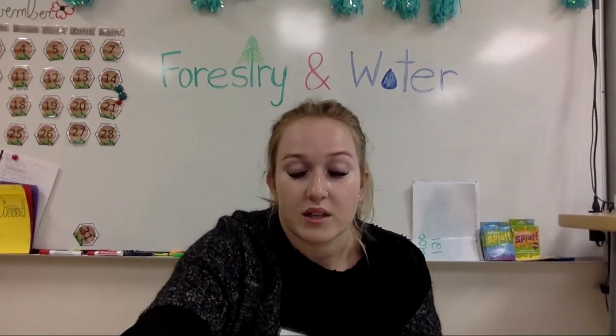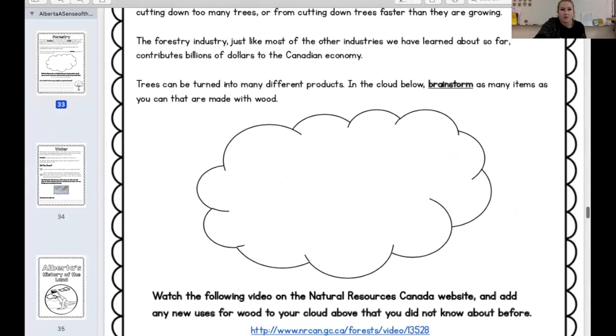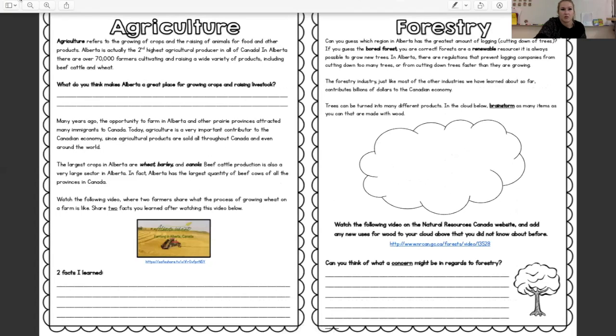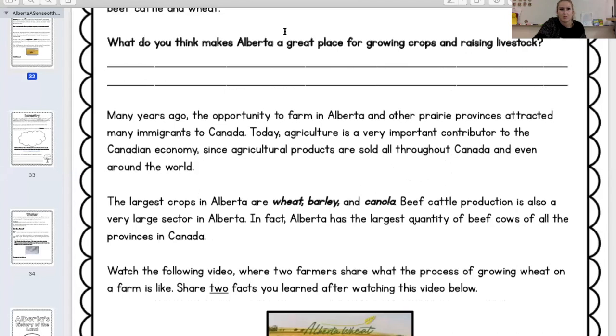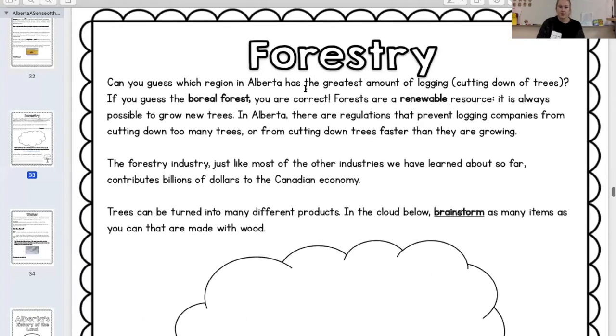So I will present this one. All right, so if we go to, do I want to do that? Not really. This is what I want to do. Okay, so if we go to the top here, forestry.